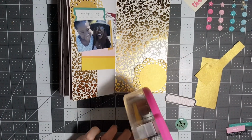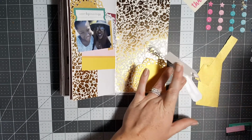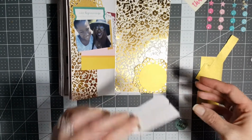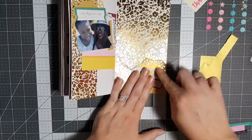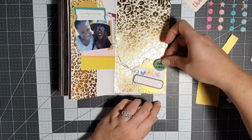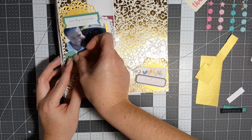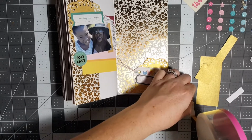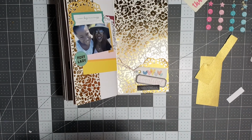Alright, let's start adhering this so I don't lose any of you. I'm just kidding. I'm sorry if that offended anybody. I want those hearts to be seen, so I don't want too much of it to be covered. Now, we'll put that down there. And I did Kissed by the Sun because they were outside when they did this picture. So I'm going to put that down there. I'm going to put Never Forget Your Story on here